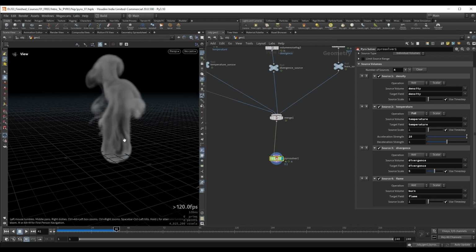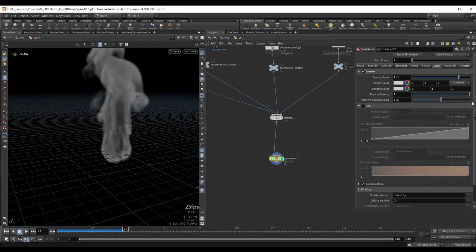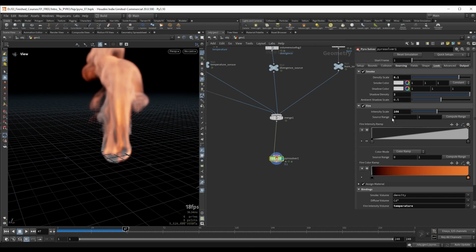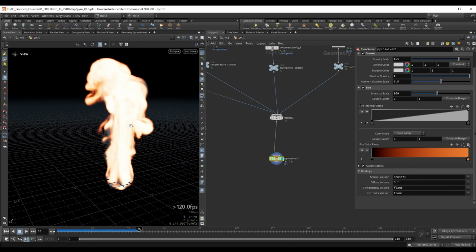For now, this flame field is just a simple field that gets advected, sort of like our density. In fact, if we go to our look tab, we can turn back on the fire here, and let's map the intensity and color to our flame field. So we can preview this. So I'll set this to flame and this one as well. So as it is right now, we are simply sourcing it in and advecting it, and it's not changing the